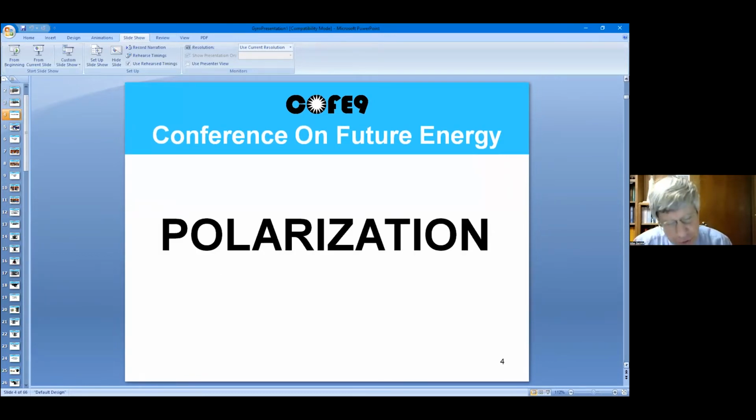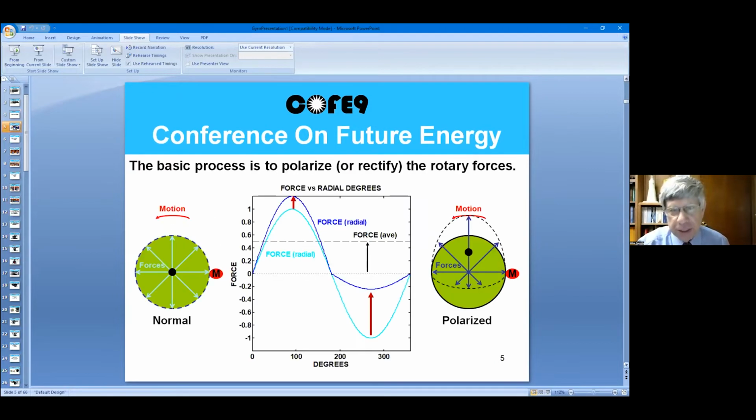We'll start with this quick review here on polarization of rotary forces. If you want to call this the secret ingredient, I guess you could. This chart shows the basic process of polarizing a rotary force. If you're an electrical engineer like me or a tech, it's very similar to rectifying AC electricity into DC. On the left there, if you rotate a mass at a constant radius, all the forces are equal, so it just vibrates. However, going to the center chart and to the right-hand side, if you decrease the forces,